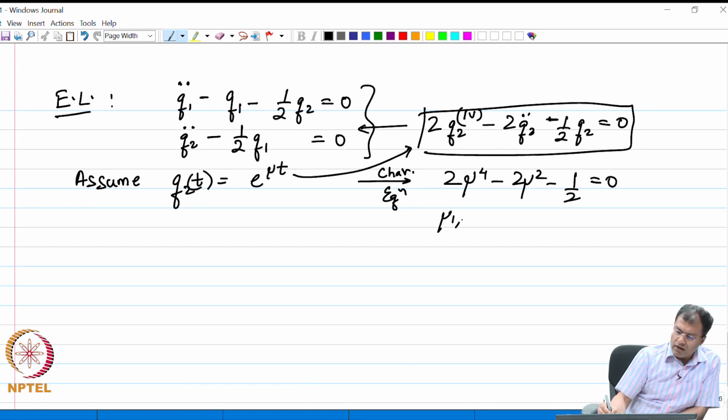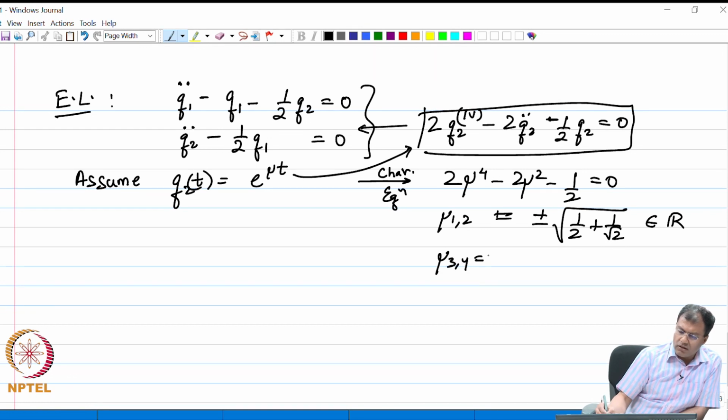So, I have mu 1 comma 2. Of course, this is a fourth order polynomial equation. We will expect 4 solutions. The first 2 solutions are as follows. This is equal to plus minus square root of 1 by 2 plus 1 by square root 2, and we see that both these solutions are real,